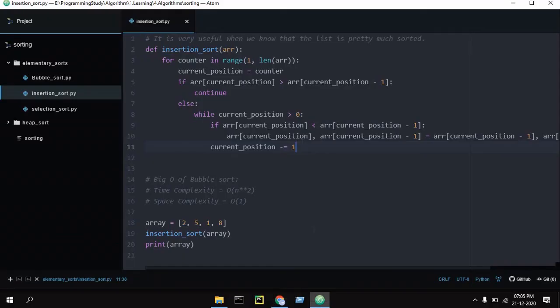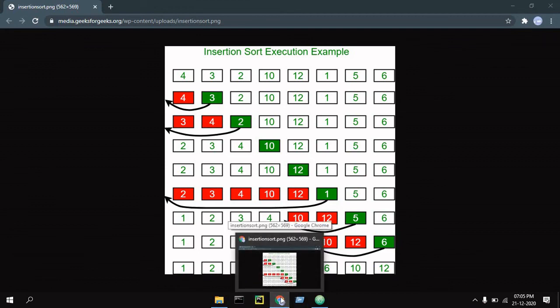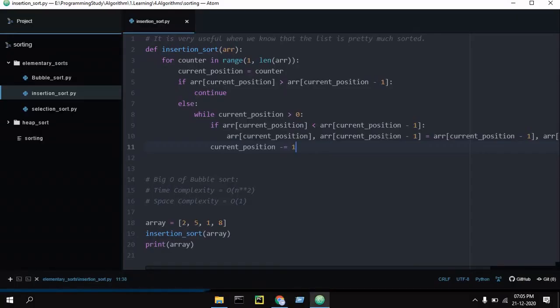So I am providing the code which checks from the last element, or the previous element, to the first element, but if you want to implement insertion sort so that it will check from the first element, if you create or implement it, just leave a comment, I will see it.